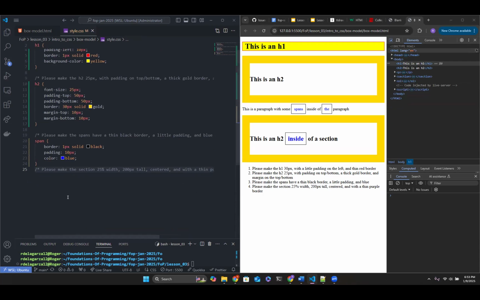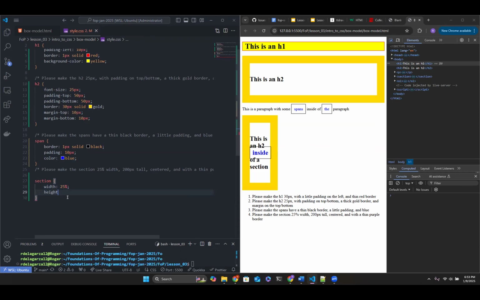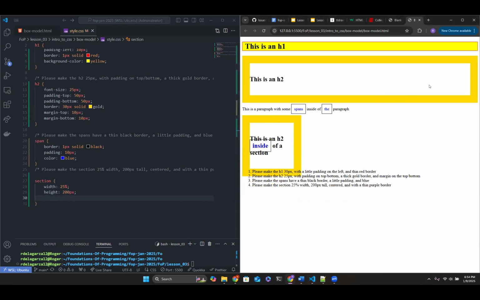And let's look at these sections. We'll say section. Width is going to be 25%. 200 pixels tall, so that's going to be our height. And it looks a little messed up, if I'm being honest with you, but let's continue.